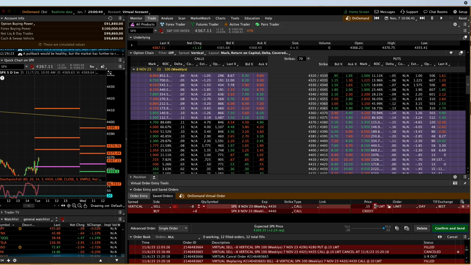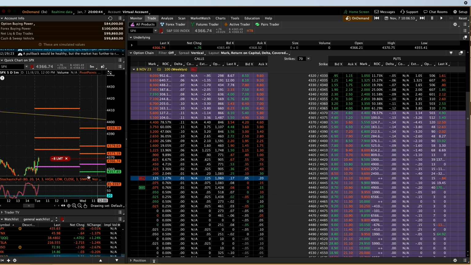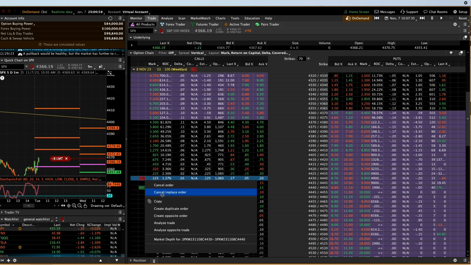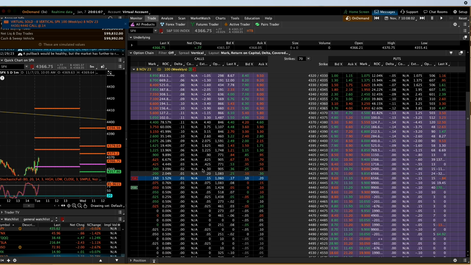So let me go ahead and get that 15 cent locked in, send it, and see if we can catch it before this red bar gets too much of an issue. It looks like it already is. But maybe it'll rebound and we'll get it. We'll see. Doesn't look like it. So let's adjust, get that to 10 cents. Now don't forget I've got this on fast forward, so the market wouldn't be moving quite this fast. I'm going to put it in. All right, we got it for 14 cents, okay.